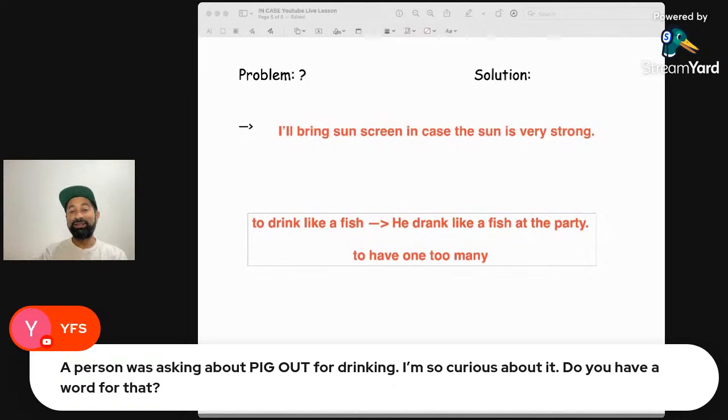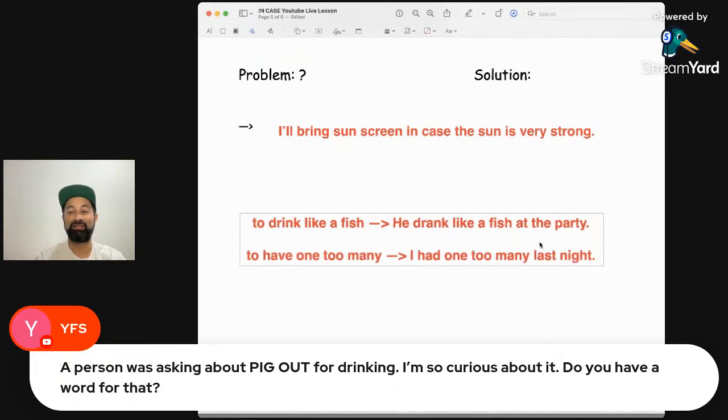And one too many doesn't mean just one too many. It means probably many, many too many. So that's another one we could say. And a good example sentence for that is, I had one too many last night. That just means maybe today I have a headache, or I feel very, man, I had one too many last night. Or I drank too much.